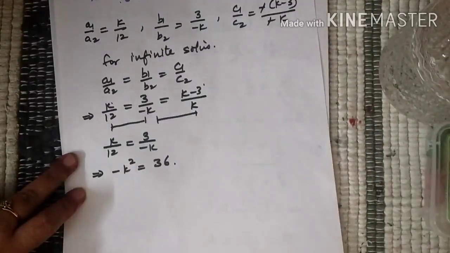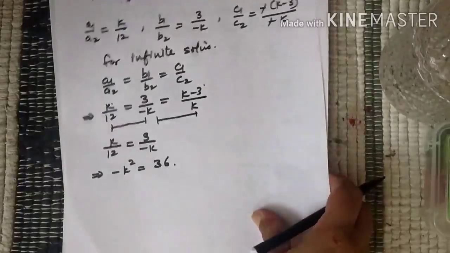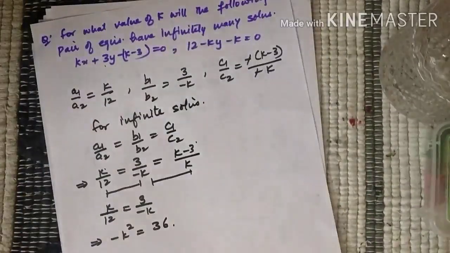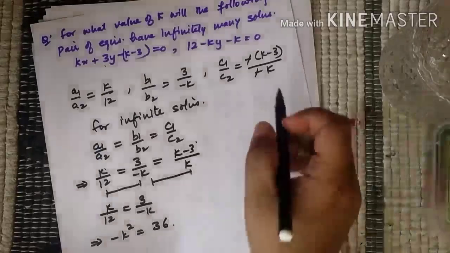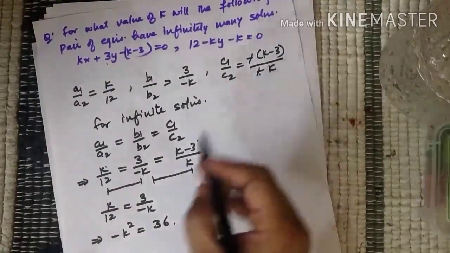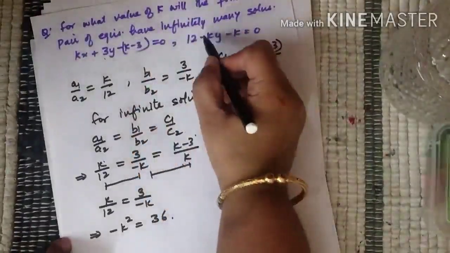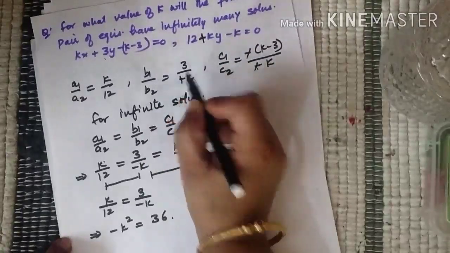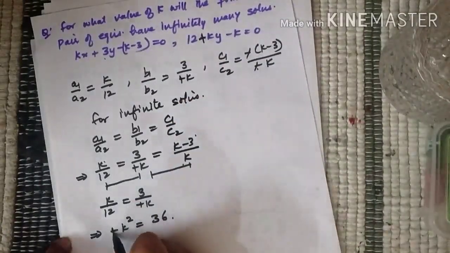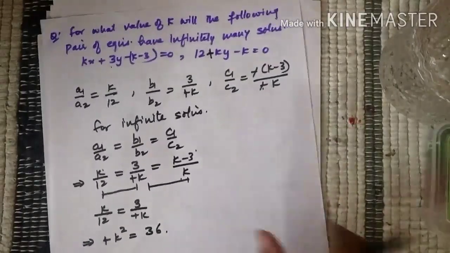Is it minus k? I think I have copied the question wrong. It should not be minus k. It should be plus k here. Let me check it from the solved example of your book. There should be plus k in place of minus k. Yes, it's plus k. The minus and minus signs have already gone, so this is plus k, and this sign is positive here. Plus k, plus, plus, plus. I copied the question wrong, sorry for that. This will be plus ky.